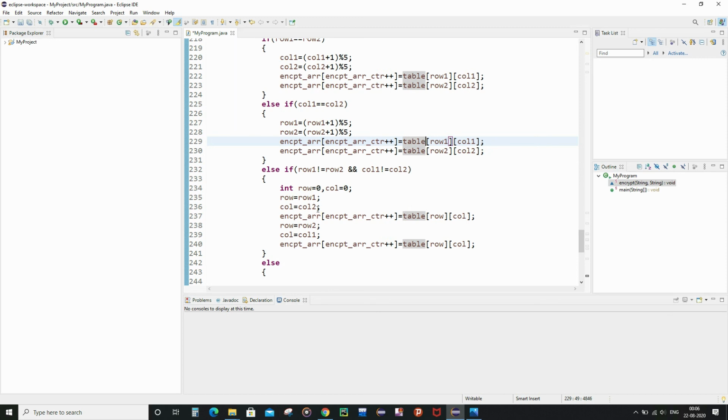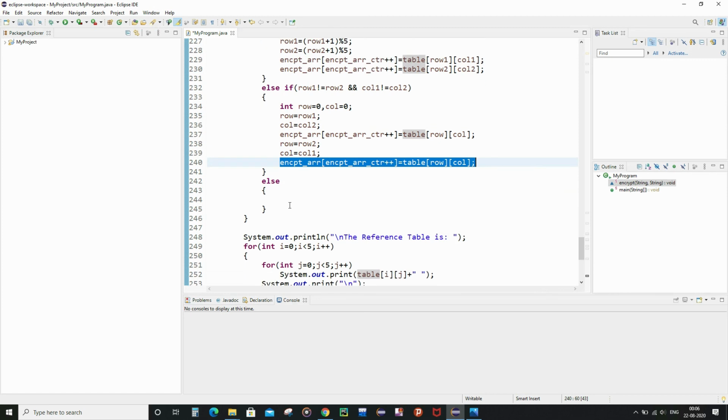So basically here what we are trying to do is form a rectangle or square, whatever, as discussed in the previous video. For each of the corner elements, that is the remaining two corners, we are going to go by the respective fashion and map the row as well as column value with respect to the table 2D character array, and store the necessary characters inside the encbt underscore ARR character array. And the same goes for the second character as well, and the else condition doesn't have anything